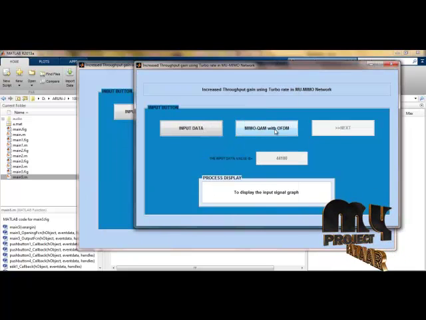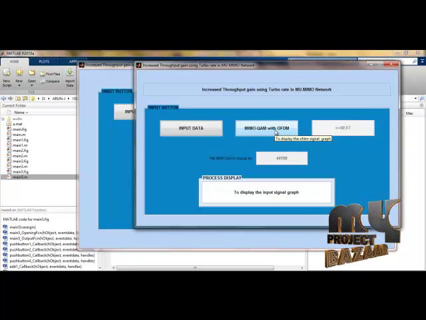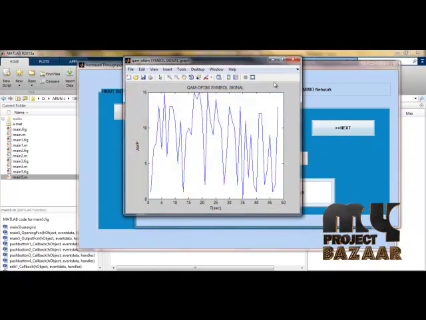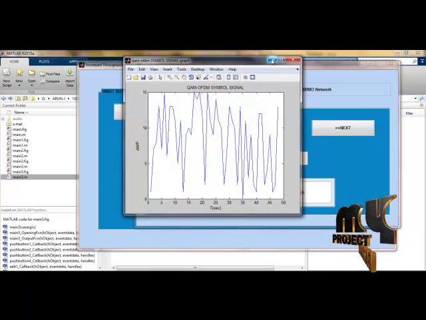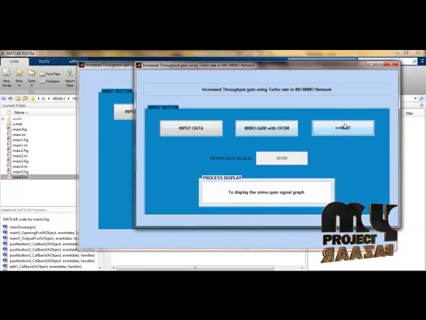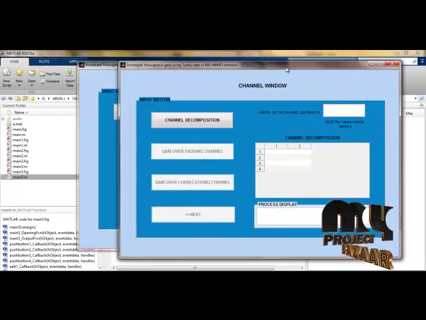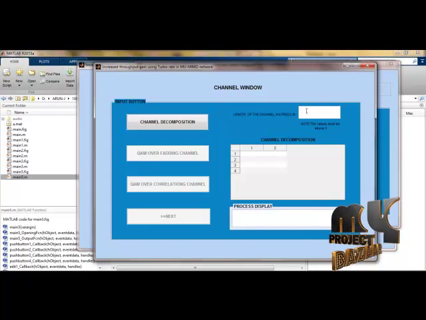Next I am transmitting with MIMO QAM with OFDM. The input value given is 44,100. So this is the MIMO transmission amplitude signal. While pressing next I can come here. Next, the number of channel matrices should be greater than 3, that means at least 4.